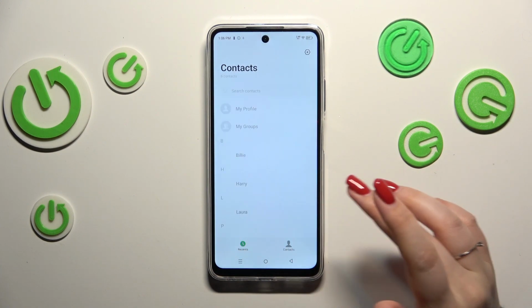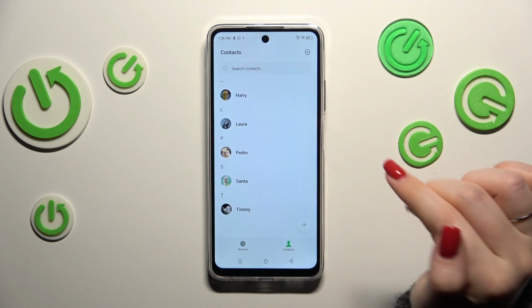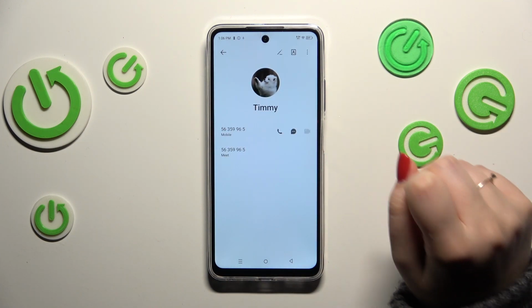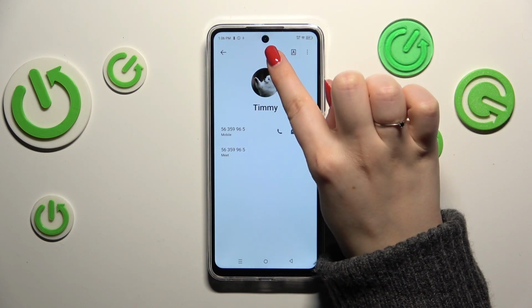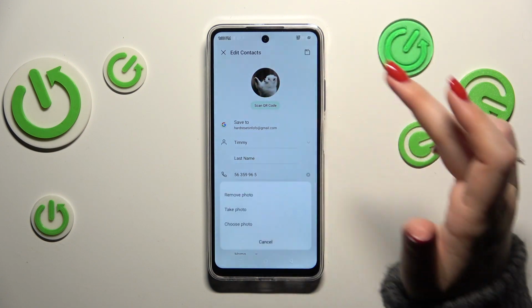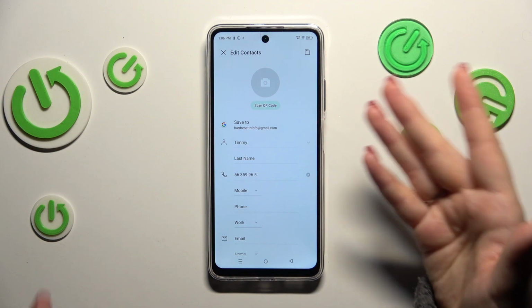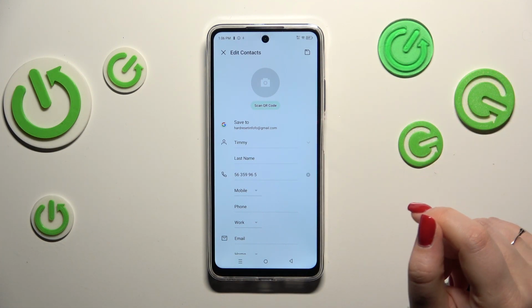For example, with the usage of the dialer, it does not really matter. Then let's find the contact you'd like to edit and tap on it. So for example, this one. And then let's tap on edit contact, so this kind of pencil icon, and let me quickly remove the photo so you will be able to see what you will actually see after entering the contact without any kind of